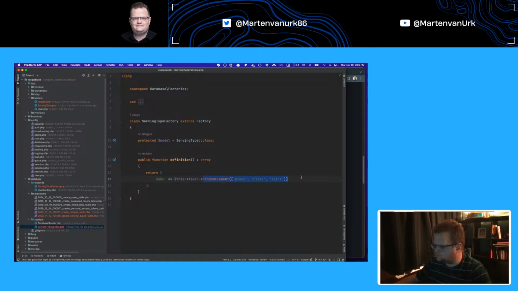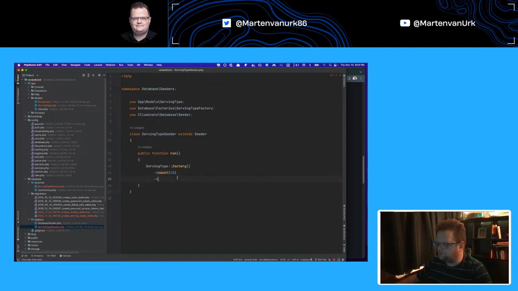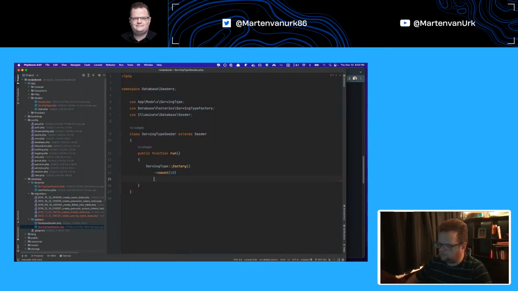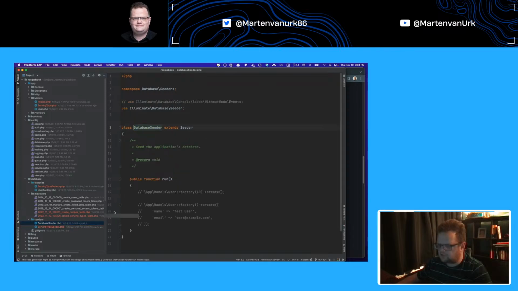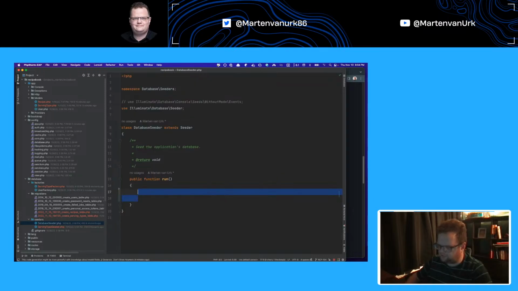So it's not live code, so let's create some random name of it, and we want 10 of them, and we can create like this. So this seeder we want to add in the database seeder, as I mentioned before. You can get rid of the boilerplate and just run the serving type seeder. Or the class,